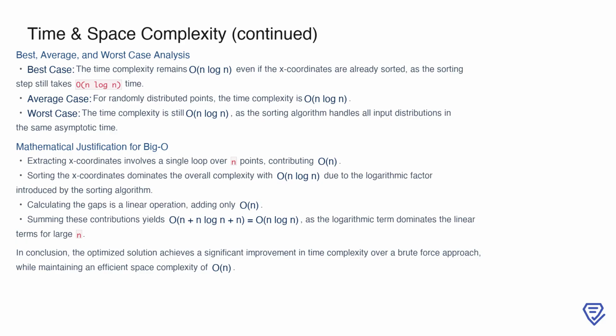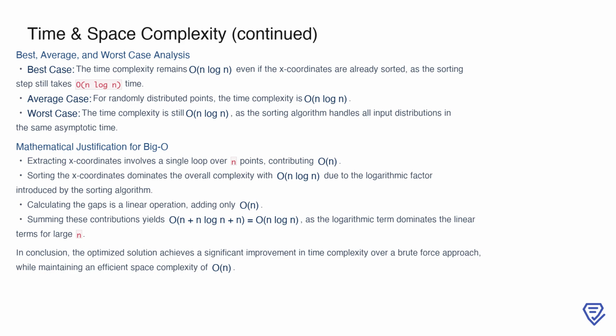Regardless of the input distribution, the time complexity remains n log n. Even if the x-coordinates are already sorted, the sorting step still takes n log n time because the algorithm must verify the order. For average cases with randomly distributed points, the time complexity is still n log n. In the worst case, such as when the input is in reverse order, the sorting algorithm handles the data in